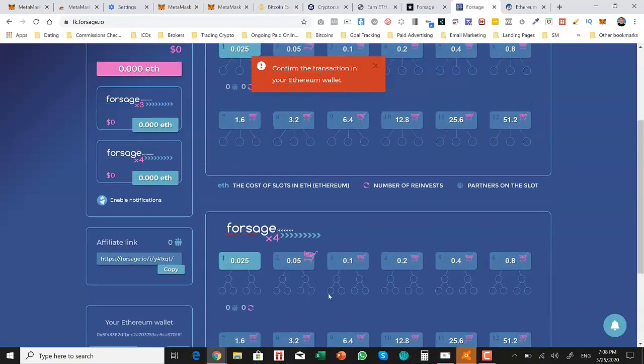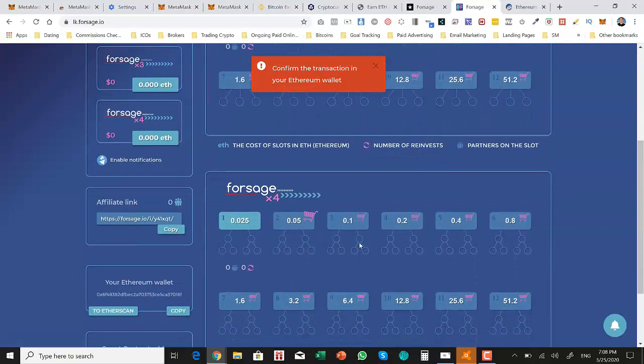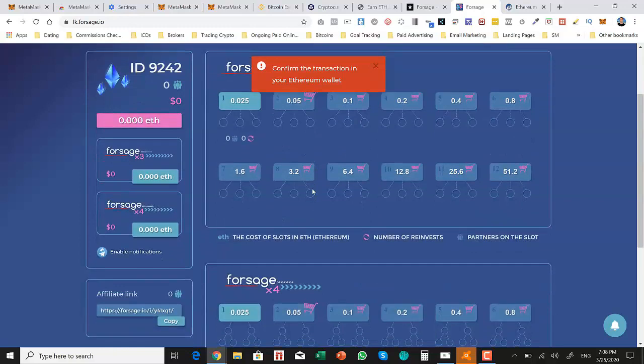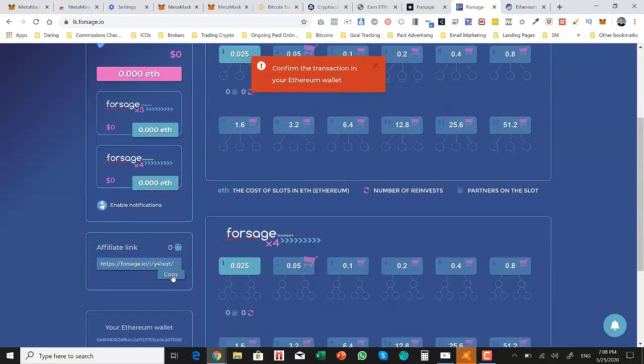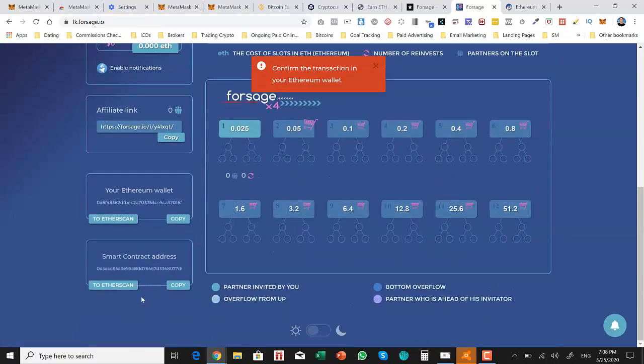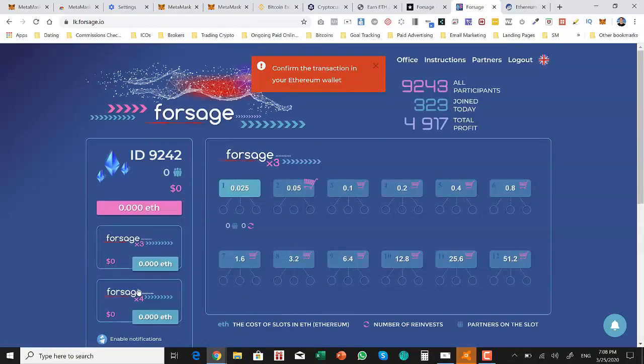Okay, this matrix is more for team building, and you're going to earn a lot from people that you refer to FORSAGE. Okay, what else can you see here? This is your affiliate link. This is your Ethereum wallet that you can check in Etherscan, and this is the smart contract address. Okay, very, very simple. Right now there are about 300 to 400 people joining every single day,